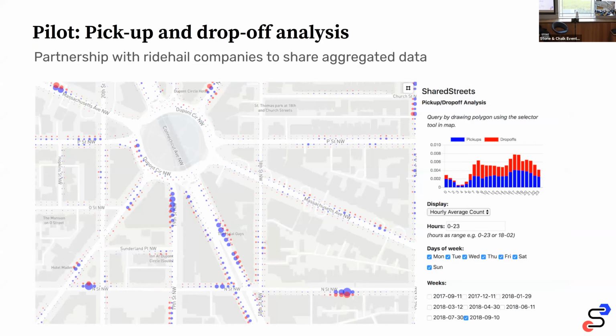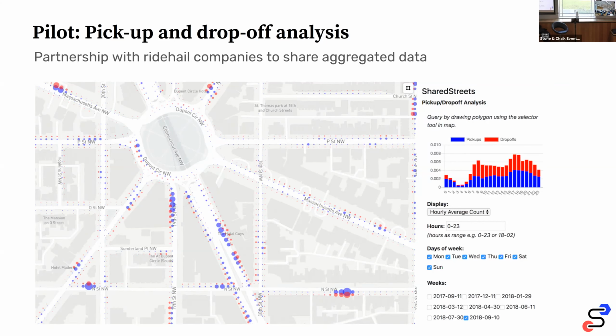So here's a concrete example of the type of stuff that we work on. This is the previous slide of all that mess of data, but turned into something more organized. This is data from Lyft and Uber about where their pickups and drop-offs are happening on the side of a street, and we've partnered with them to share it out to a number of cities. This is Washington, DC. Instead of something really messy, we've been able to organize it, link it back to the street, and you can start to see hotspots of where activity is happening. That's something that Washington, DC has used to put in some pickup and drop-off zones in nightlife areas at certain times of the day and evening.